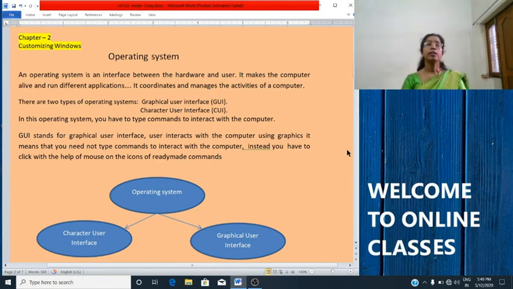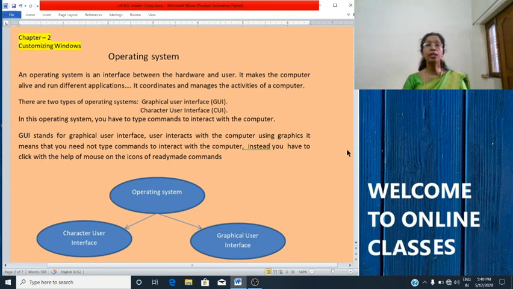So children, when you switch on your computer system, you must have noticed that the system does not get ready immediately. It takes some time. You have to wait for a few seconds to get the system ready for your use.